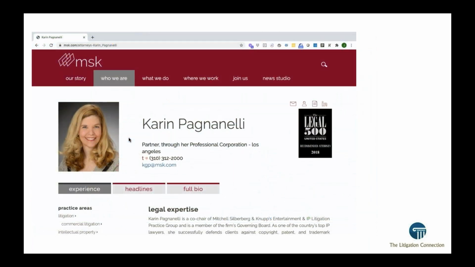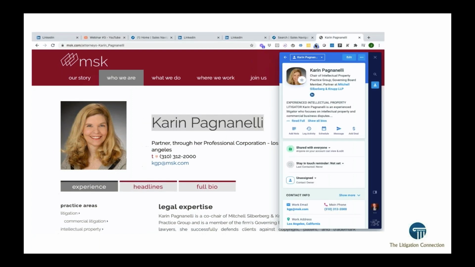Now in this particular instance, we're actually taking a case of one of the people that we pulled from Nimble, and then we can use this little widget. See this little blue dot at the top here? We simply click on it, and Nimble automatically pulls all of this information into Nimble. So all we have to do is highlight Karen's name, and then it pulls it into Nimble. So it's a nifty little tool. And I think that anybody who is a professional services expert would really benefit from this tool.